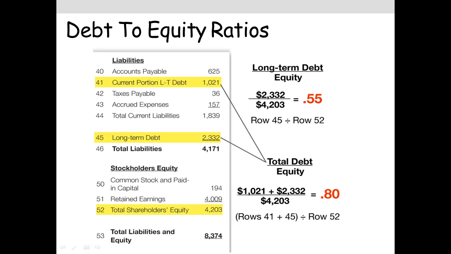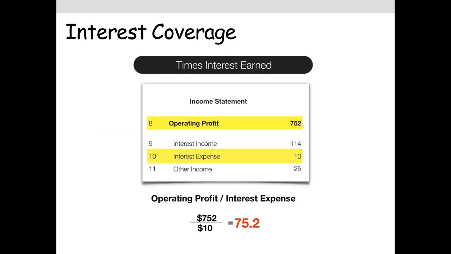So the debt to equity ratio equals total debt divided by equity. Using only long term debt over shareholders' equity, it was 0.55. We need a ratio of around 1 to run a company well on debt. After including the short term debt we left out, the total debt to equity is 0.80.